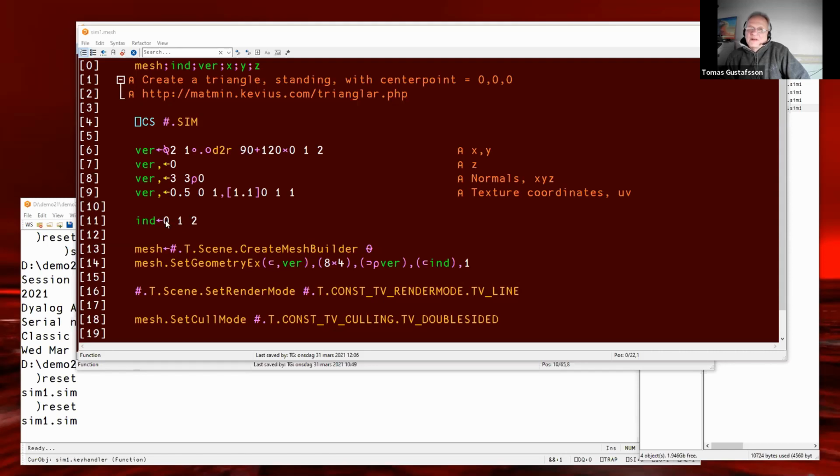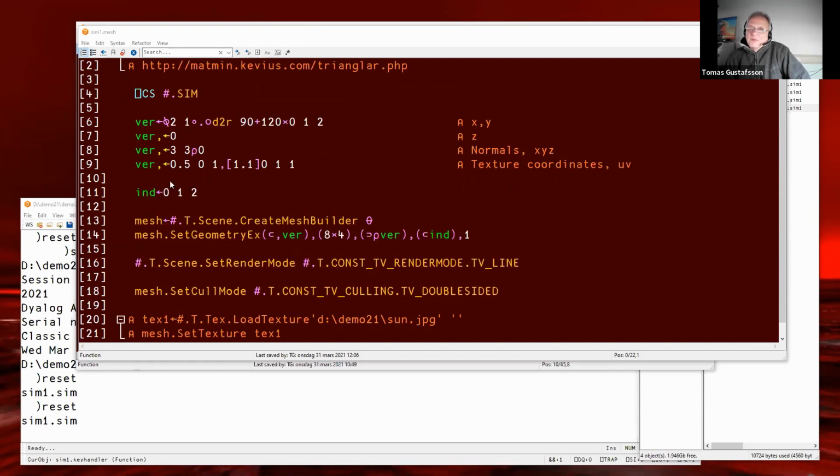By saying I have a triangle with these vertices, I will get one face. I could, of course, have more vertices as well, and then I could point with an index array to construct more triangles. But this is the simplest case.